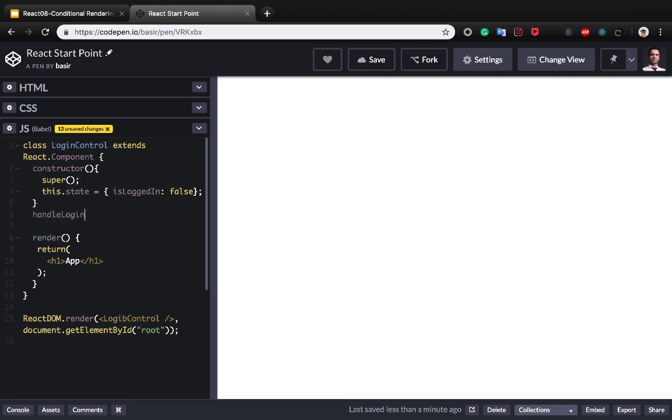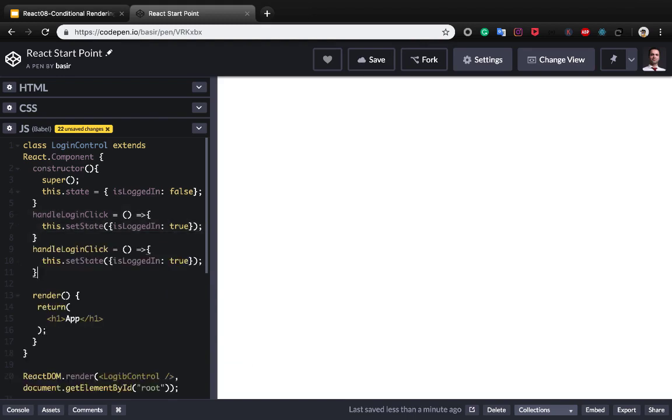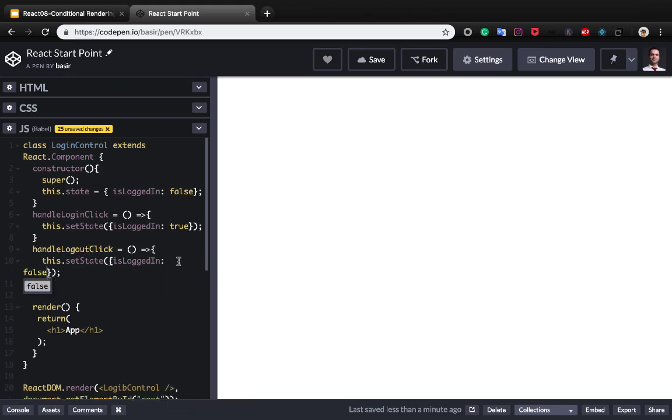Handle login click: when the user clicks on login, I set the state of isLoggedIn true, and I duplicate this part of code and change it to logout. I set isLoggedIn to false,